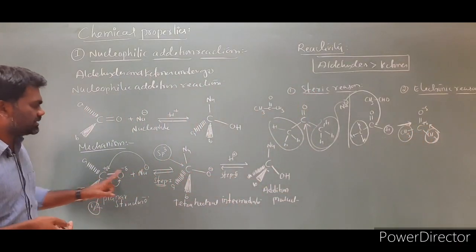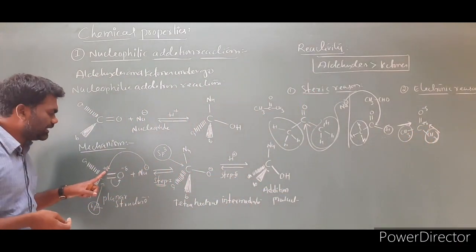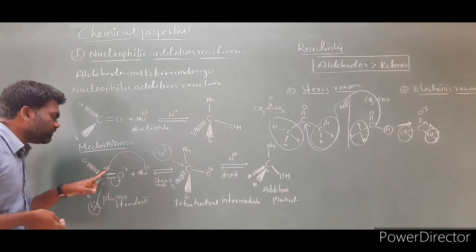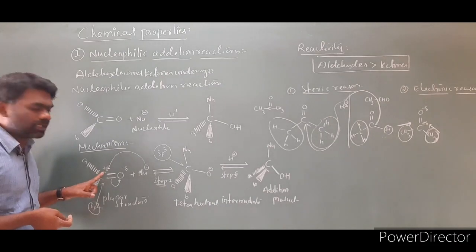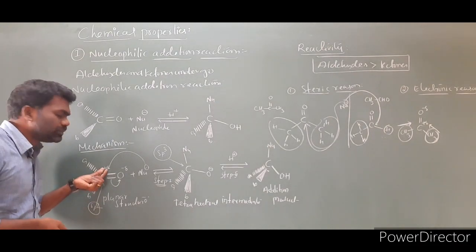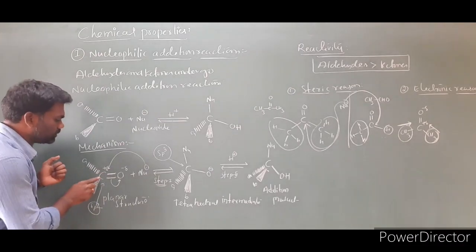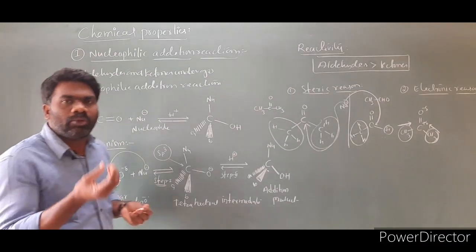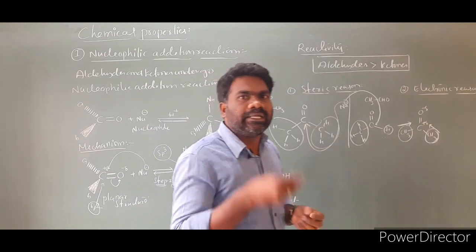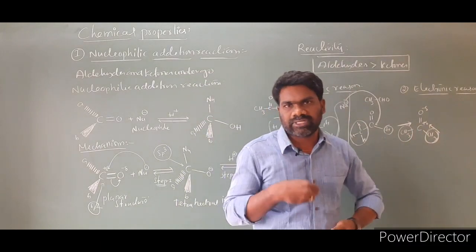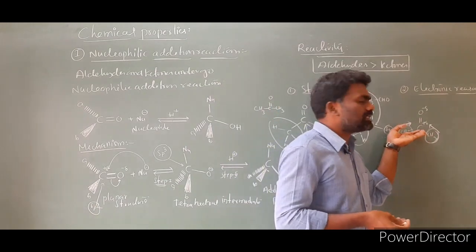The more positive the charge, the more easily a negatively charged nucleophile can attack. So if the nucleophile is negatively charged, it can attack the positively charged carbon very easily. But here the positive charge decreases because of what? This group is donating electrons, and this group is also donating electrons to this carbon. As a result, the positive charge decreases. Due to decreasing positive charge on the carbonyl carbon, it is unable to take the negative charge very easily. So the reactivity is very less.